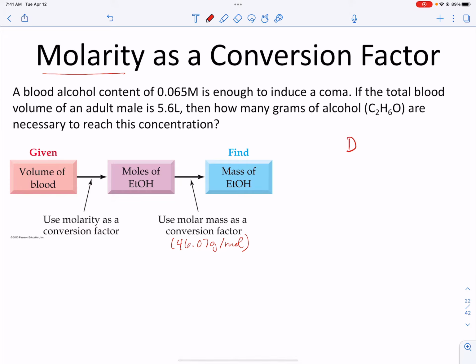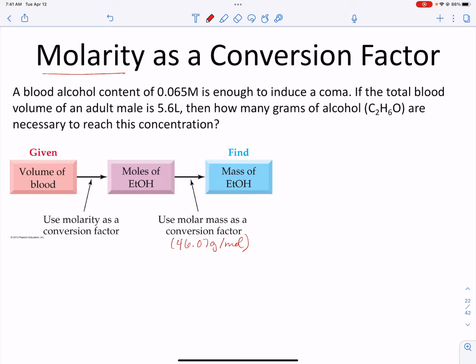I want to talk about density for a second. Density equals mass over volume, right? And so you would calculate the density in gram per milliliter or gram per cubic centimeter. And we practiced a whole lot using density to convert. I know it was on your chapter 1 homework. Using density to convert between grams and milliliters, okay? And the same idea, same concept, we're going to use molarity now to convert between moles and volume, or volume